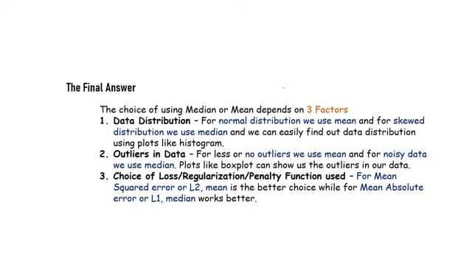Number 3 is the choice of loss, regularization or penalty function used. For mean squared error or L2, mean is a better choice, whereas for mean absolute error or L1, median works better. So that's all for today. You can take a screenshot of this, and I have already used a different ink for highlighting those important points. You just have to remember these key points